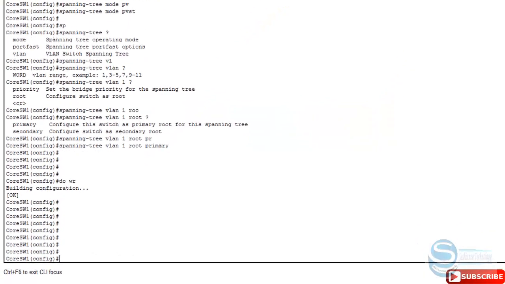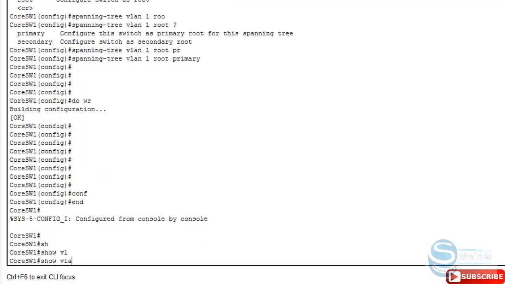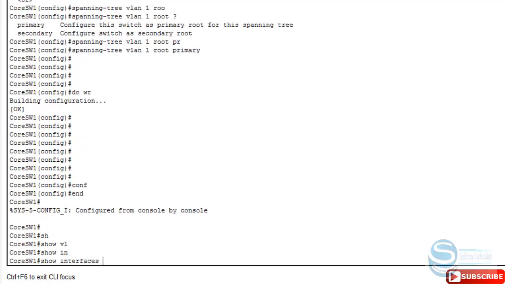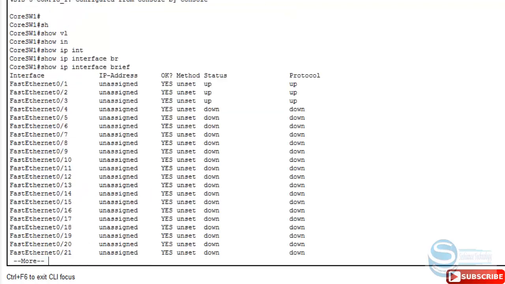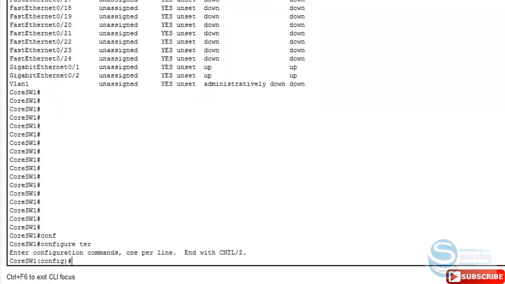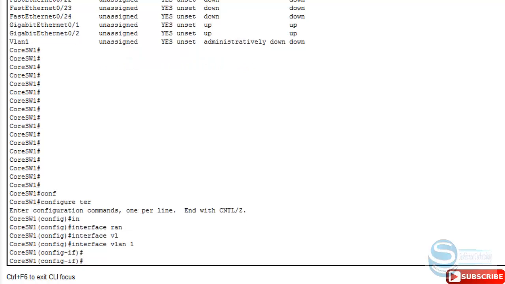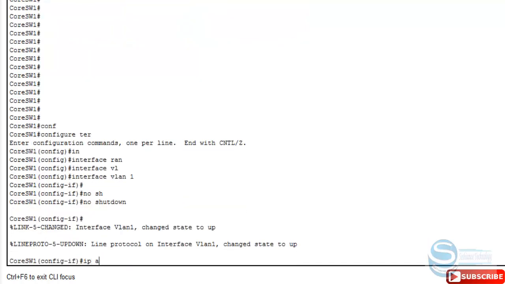Core switch 1, and show VLAN, show interface, show IP interface. You can see we should create the IP address for each VLAN, and we should say IP routing, configure terminal, interface range, interface VLAN 1, no shutdown, IP address